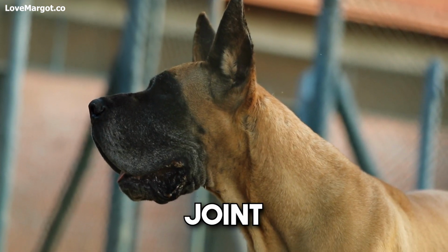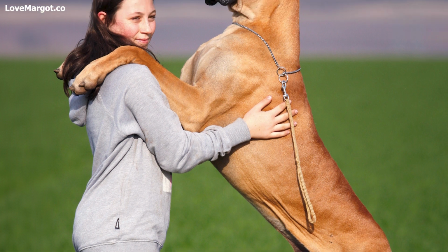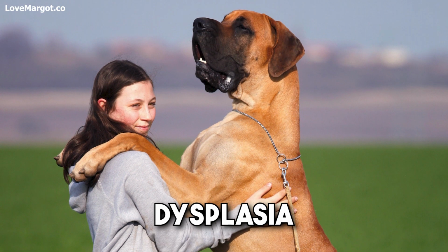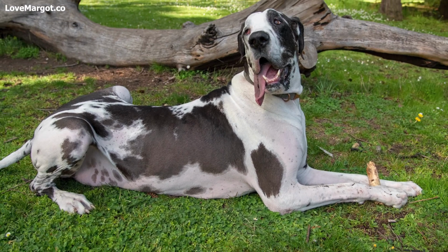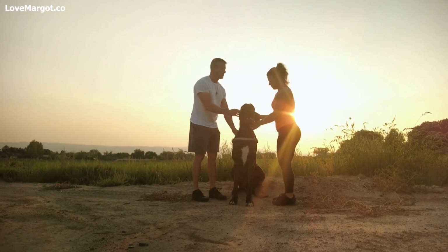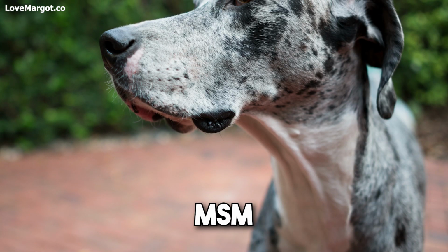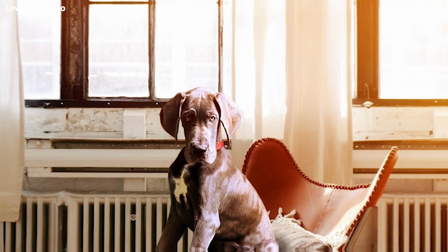Dogs are known for their joint pain. It's a common problem that can be caused by a number of things, including arthritis, dysplasia, and joint injuries. If your dog is suffering from joint pain, there are a number of hip and joint supplements for dogs that can help. These supplements typically contain ingredients like MSM, chondroitin sulfate, and glucosamine HCl, which can help to reduce inflammation